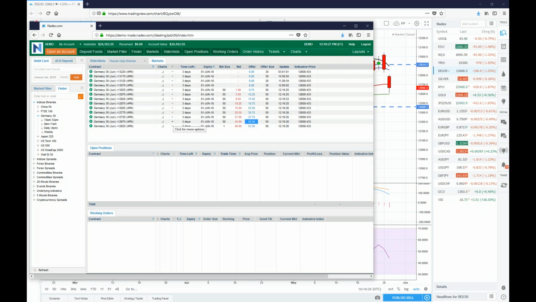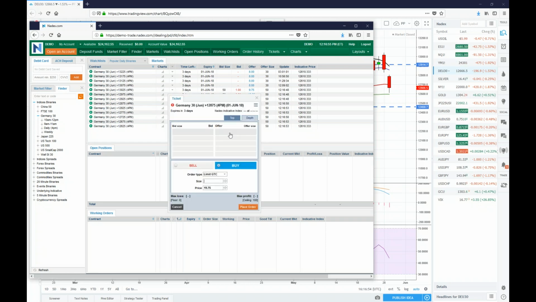If I think that that's the case, the next question would be, all right, what could be a suitable strike price to go for? That level to be retested here is 12,900 something. I have a strike price here of 12,925 or 12,875. If I go, for example, for this contract here, which is the 12,875,